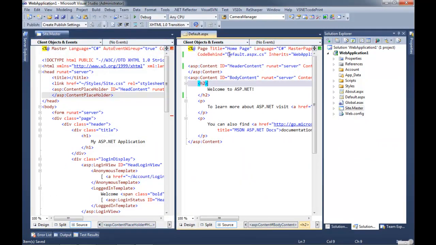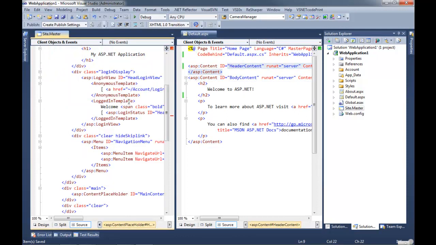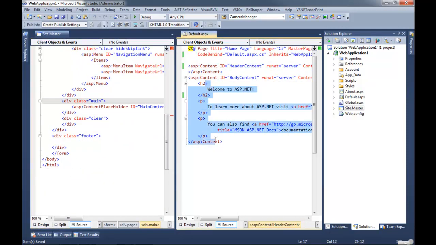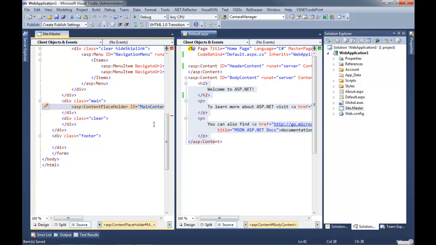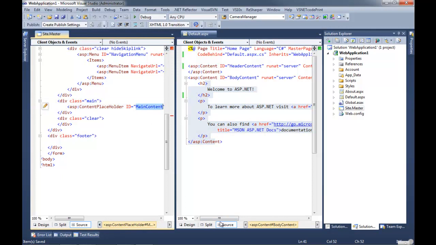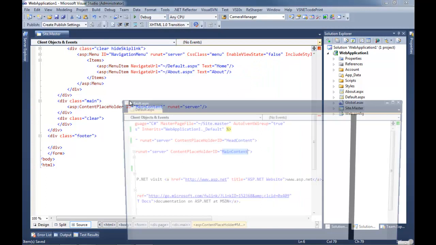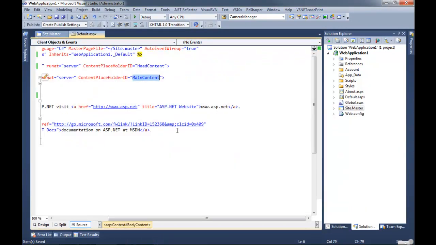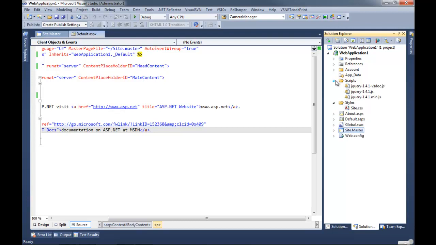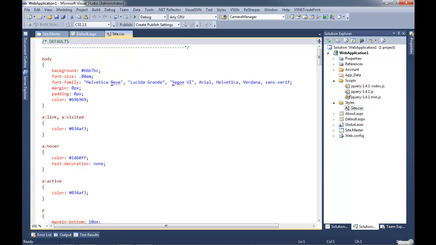And to explain what it is, you kind of have to demonstrate a little bit. This stuff goes here. This stuff goes here. And that's because we have this ID main content placeholder. So that's the master file. Also, really quick note, we have these scripts and we have these styles.